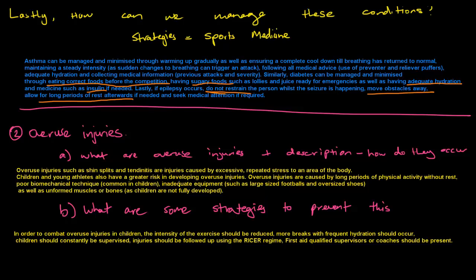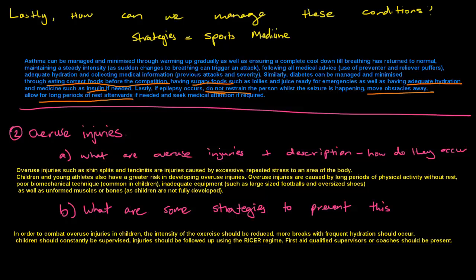So what I want to talk about now is, additionally, in overuse injuries, a big mistake is giving them equipment which is too big or just not suited to children. This is a good point that you can put in your essays, because I found it extremely easy to think about. If a child is playing tennis and has a tennis racket which is too big for his hands, right? Chances are that he's going to get an overuse injury, because his hand can't really handle such a heavy weight and such a big object to move around all day.